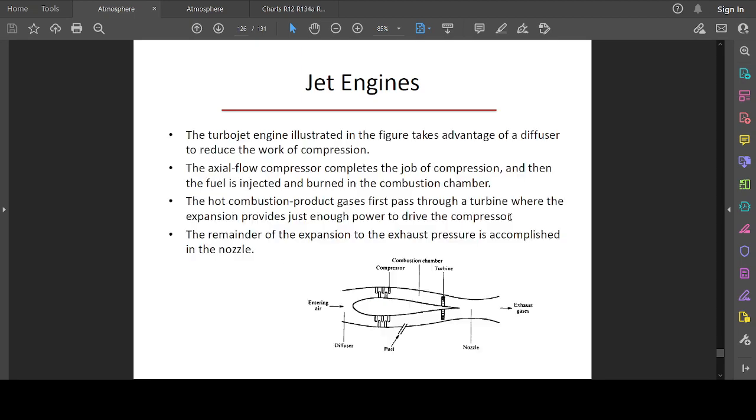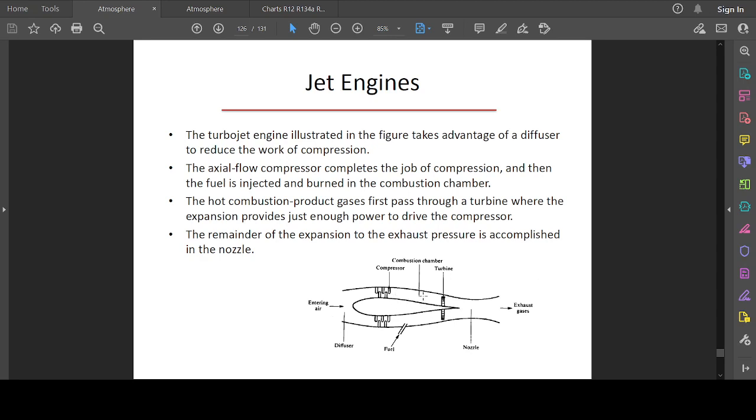The turbojet engine illustrated in the figure takes advantage of a diffuser to reduce the work of compression. The axial flow compressor completes the job of compression, and then the fuel is injected and burned in the combustion chamber. The hot combustion product gases first pass through the turbine here, where the expansion provides just enough power to drive the compressors,